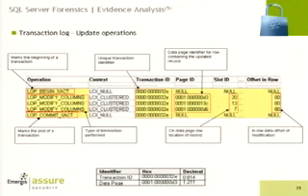Transaction ID is an identifier used by SQL Server just to group like transactions together. Page ID, and transaction ID is a hexadecimal representation of the transaction ID. Page ID references the actual data page that was modified by that transaction. Again, that's a hexadecimal representation of a decimal page identifier. Slot ID is the actual row within the data page that has been modified. Offset in row is the area within the row that was actually modified. So in most cases, offset in row will tell you exactly what column within a table, within a data page